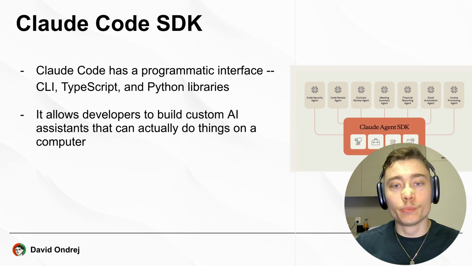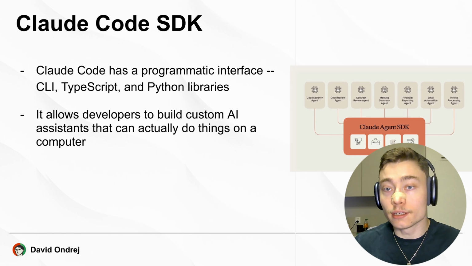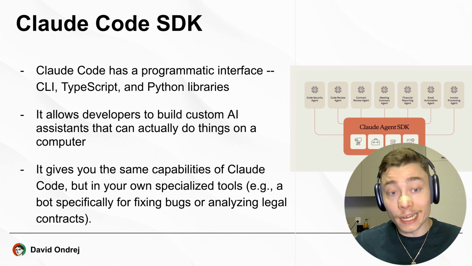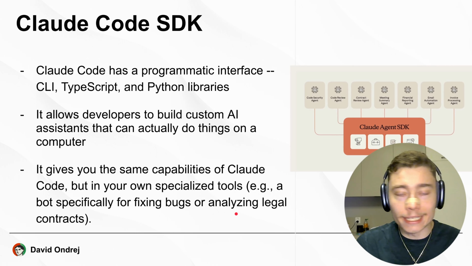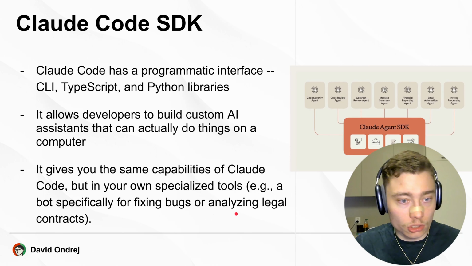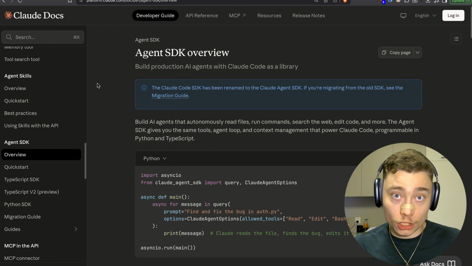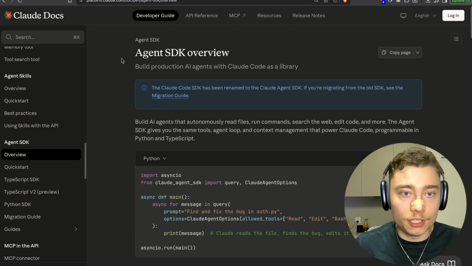It allows developers to build custom AI agents that can do things on a computer in a similar way to Claude Code. So basically, it gives you the same capabilities of Claude Code, but in your own specialized setup. So maybe if you're a lawyer, you would make it all about legal actions, analyzing legal contracts, researching previous lawsuits, whatever. Now, the official name for the Claude Code SDK is the Agent SDK, and here is what the documentation